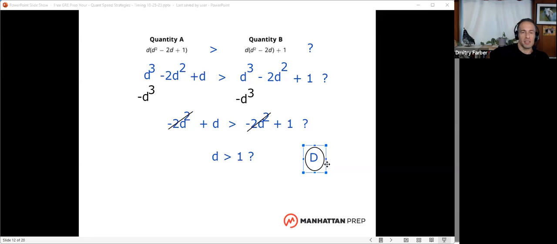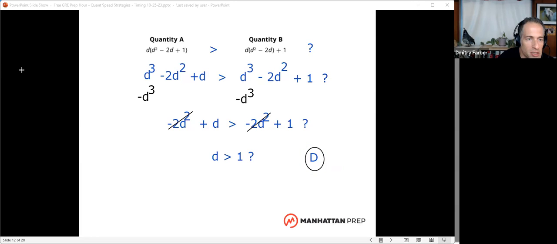And I don't know. Is D 0? Then no. Is D 5? Then yes. Is D 1? Then they're equal. Okay. So it could be anything. Answer here is D. And so looking back, I could see that sooner by either just kind of visually, rather